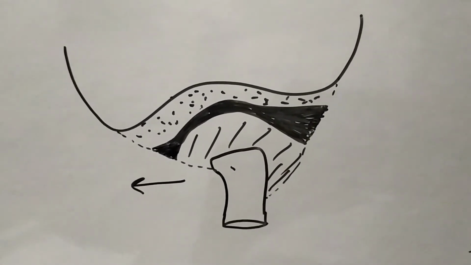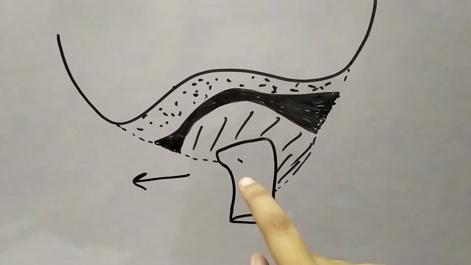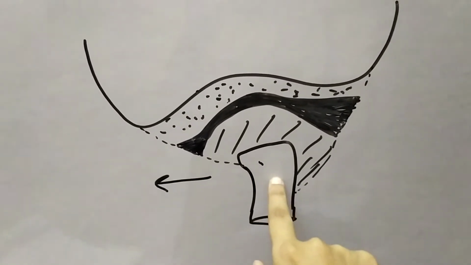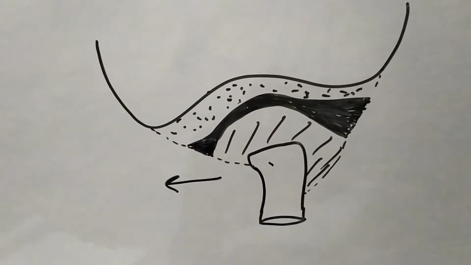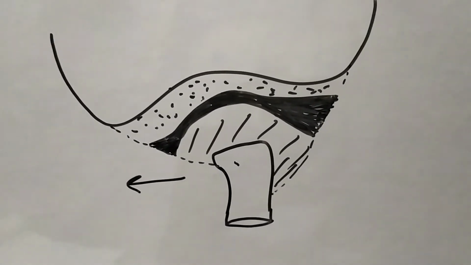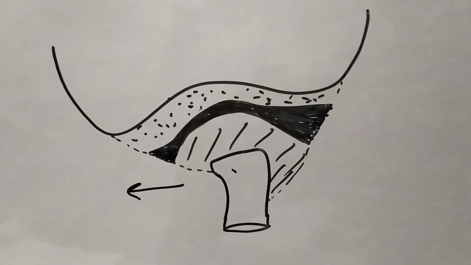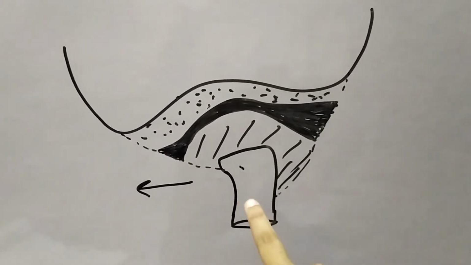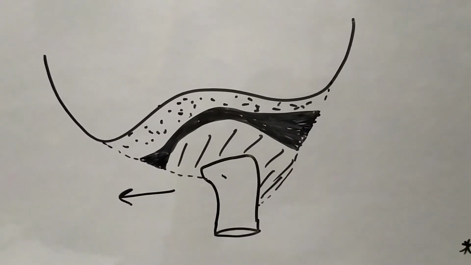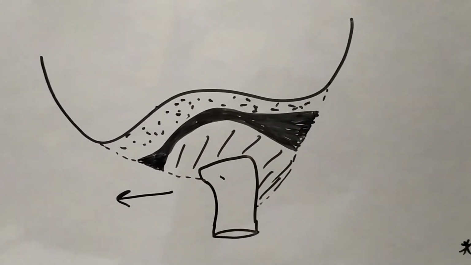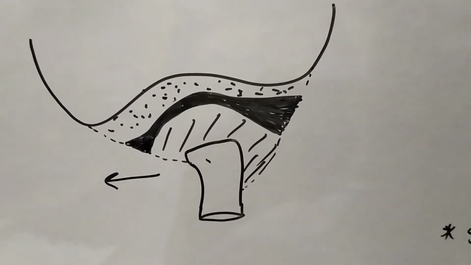Then coming to protrusion. In protrusion, only the head of the mandible will glide in a forward direction along with this articular disc, and thus the mandible will protrude in a forward direction. While in case of retraction, the head of the mandible will glide backwards beneath this articular disc to carry out the retraction of the mandible.